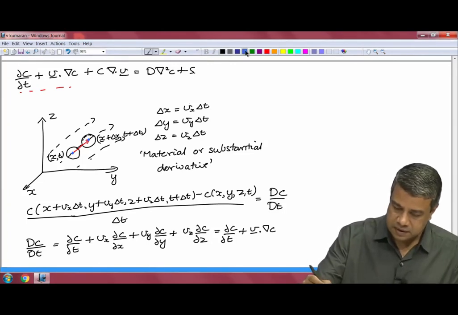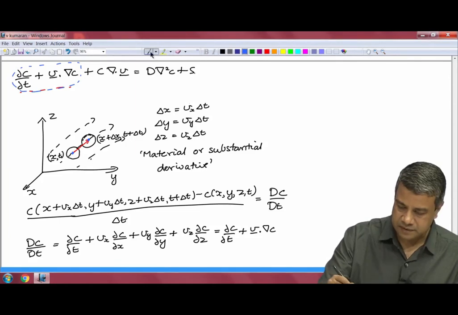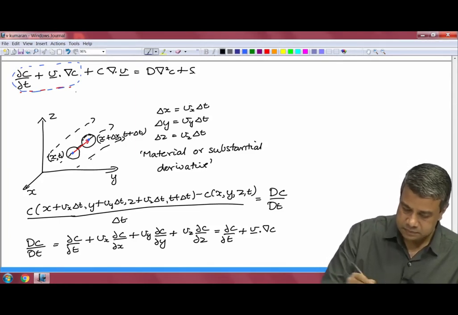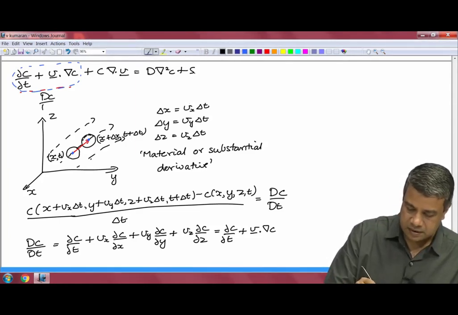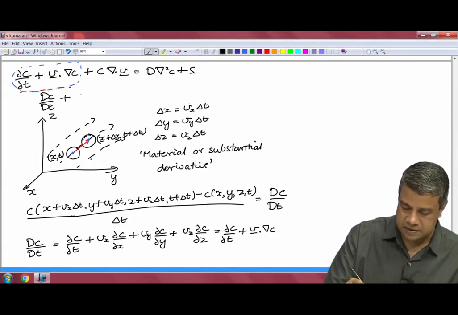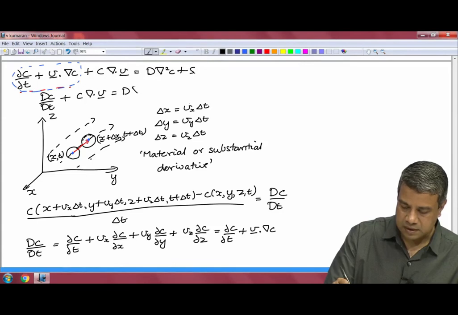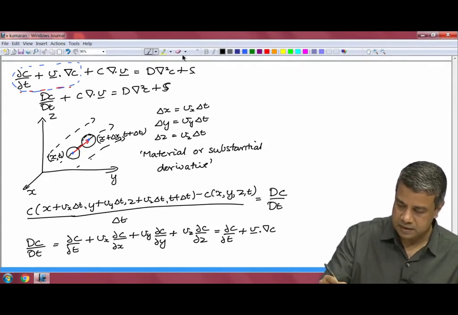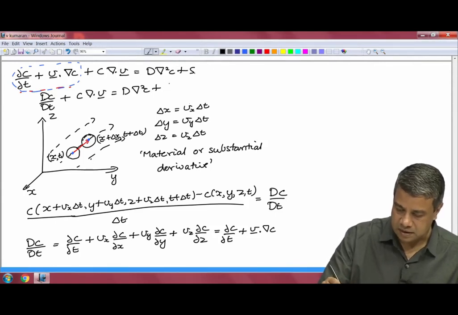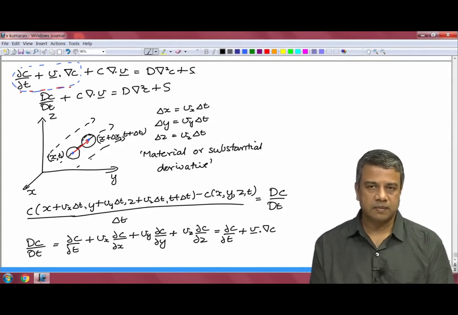Therefore, this combination, the first two terms here, is the substantial derivative Dc by Dt. When expressed in terms of the substantial derivative, this is Dc by Dt plus c divergence of v is equal to d del square c plus s. So, this is how the convective term can be